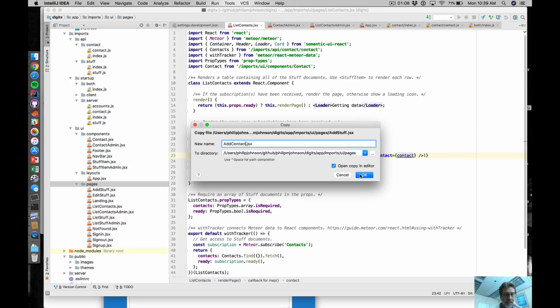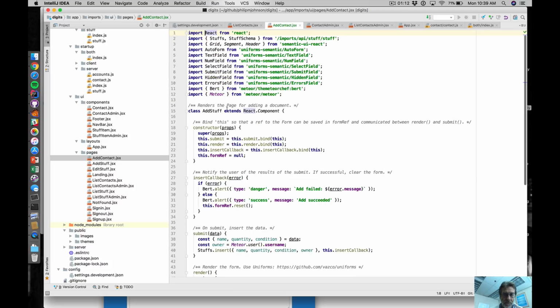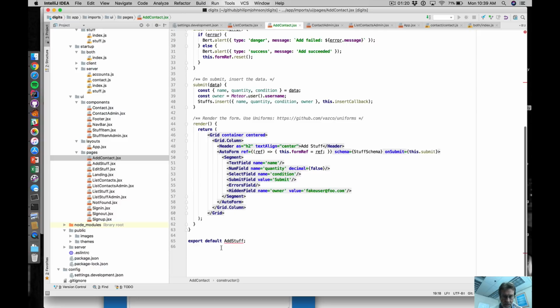So we'll call this add contact, and then we always want to show the imports. And the first thing we'll want to do is change these couple references. Add contact here, export add contact down here,